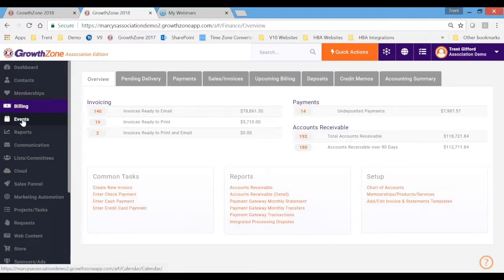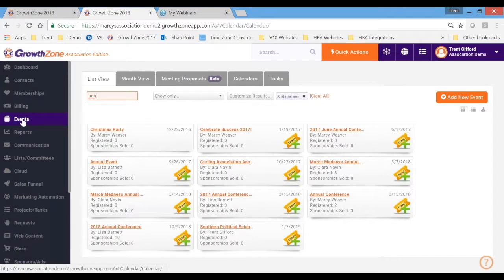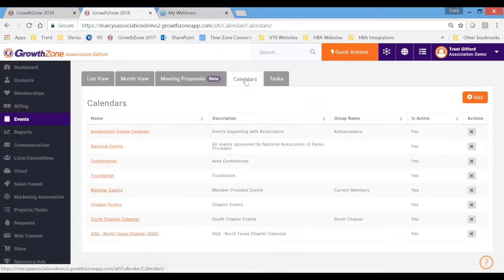In the events area, and I know most organizations, and probably yours, do a lot of events. Events can be big conferences, but they can also be just board of directors meetings or other committee level meetings. And the nice thing about this system is it allows you to manage multiple calendars. So whenever you want to create a calendar, you simply click add, give the calendar a name, and create the